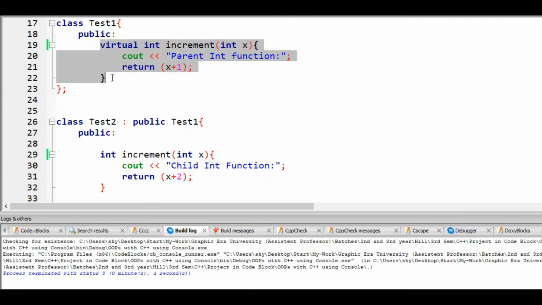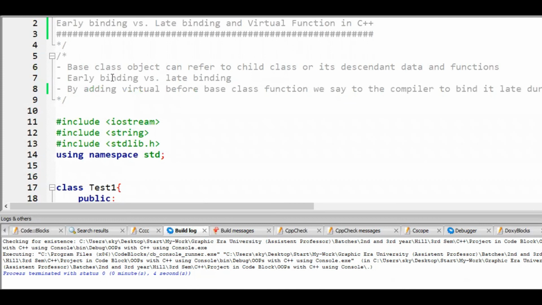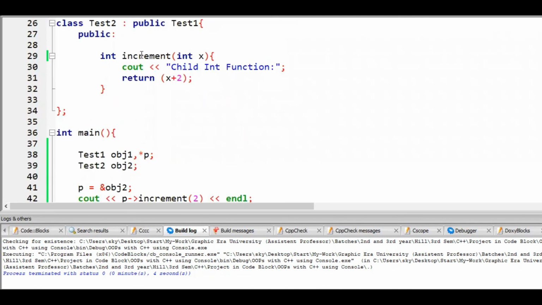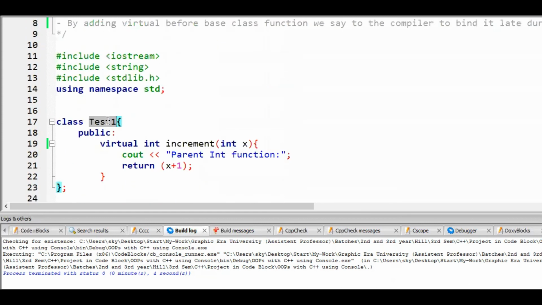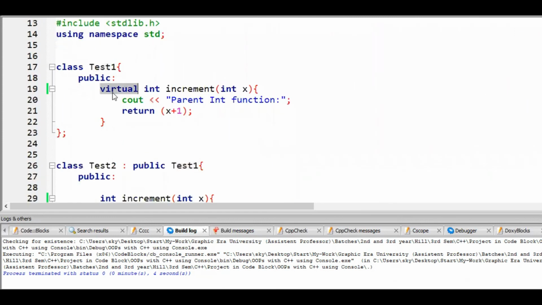So this is what we have covered in today's lecture: early binding, and what is late binding or dynamic binding, and how to access your child class functions using the base class reference. And the last thing we have also covered is what the use of virtual functions is. This is actually a virtual function, not a virtual class.